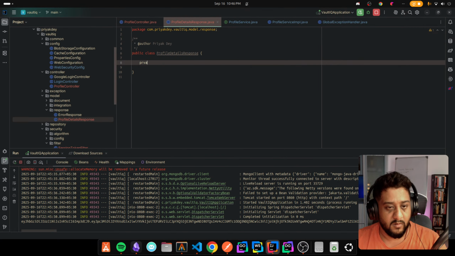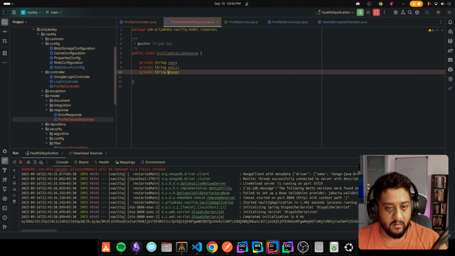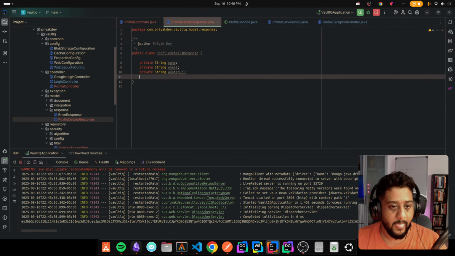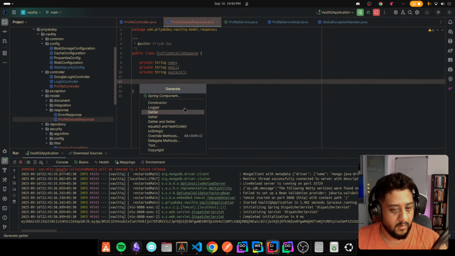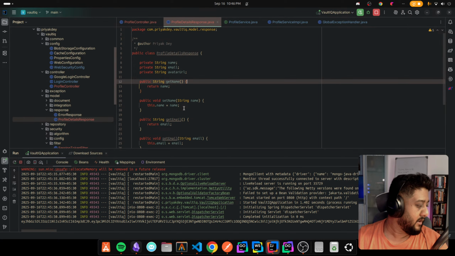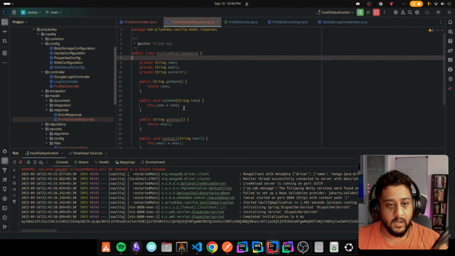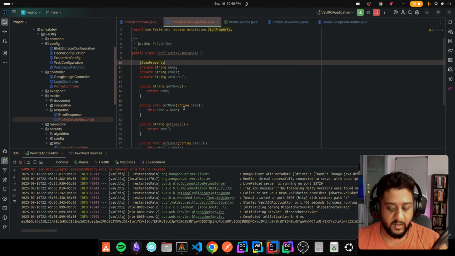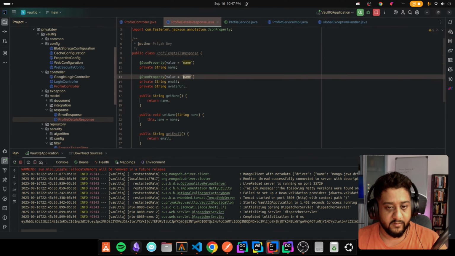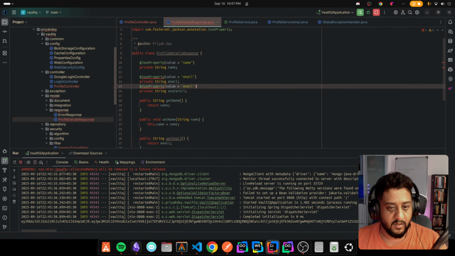So private string name and avatar URL. Getters and setters you have, and here I'm just gonna say value is name. It's not required. The reason why I'm doing that is I want